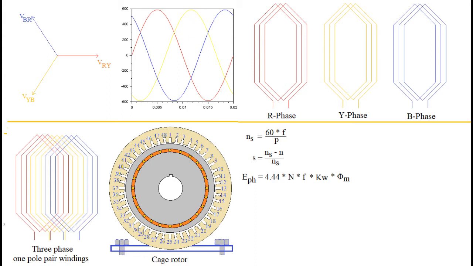If we add all phases corresponding to R, Y and B phases, then the resultant flux has a constant magnitude, but its location on the armature surface changes with time. This constant flux moves along one pole pair of windings in 20 milliseconds for a 50 cycles per second supply. When the induction motor has more than one pole pair, the same phenomenon occurs for each pole pair simultaneously. This is described as magnetic flux rotating in the air gap between stator and rotor at synchronous speed.